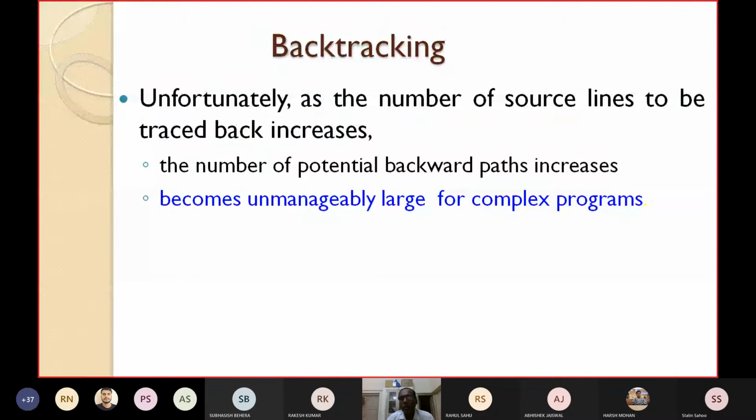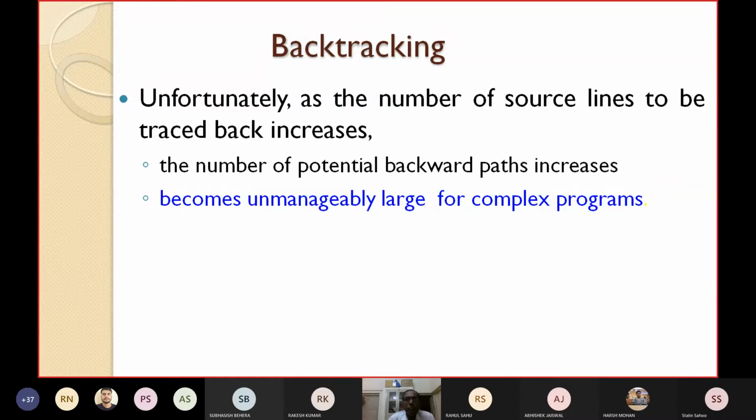For complex industrial programs with sizes of 1 lakh, 2 lakh lines, etc., the number of backward paths will increase, and hence tracing backward becomes very tedious and complex. That's why this method is not applicable for large complex industrial programs.